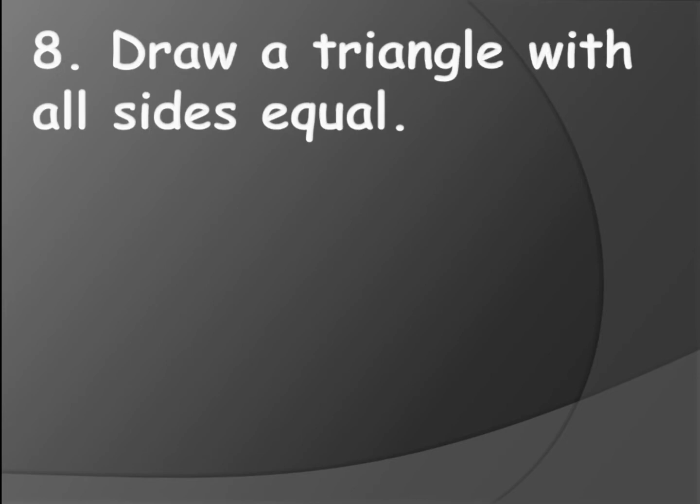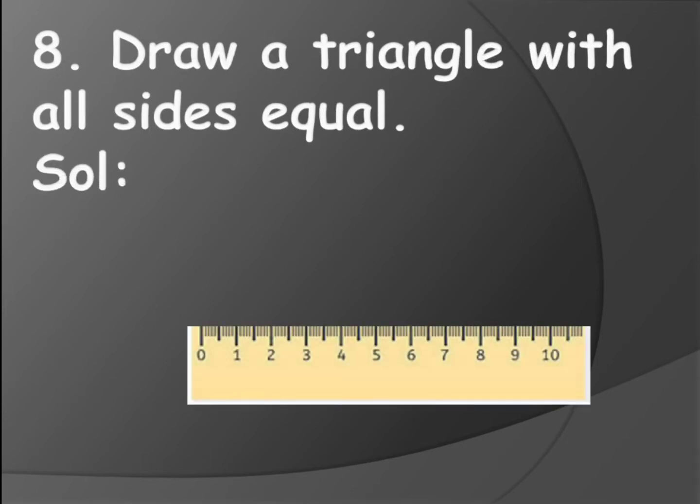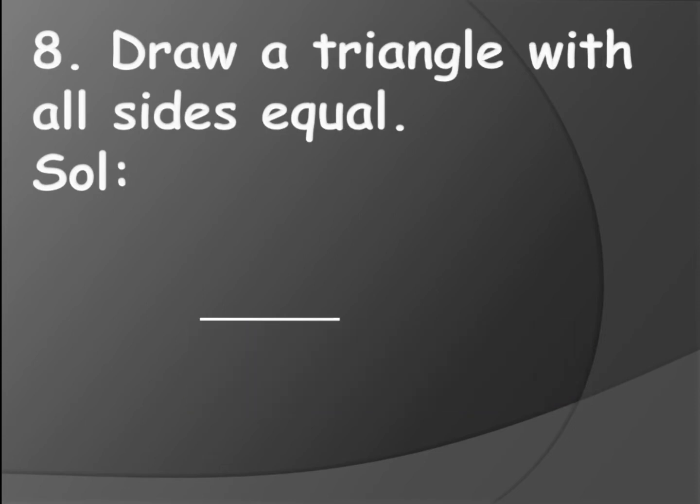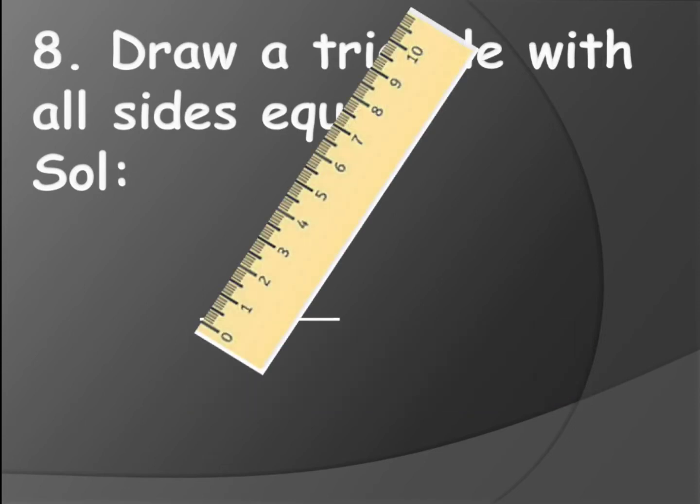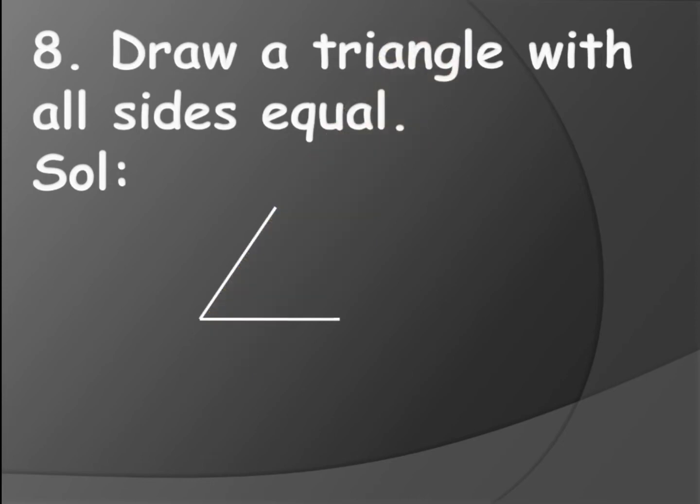For that, first you will take a ruler and place it like this, and here I am drawing a triangle with equal sides. I am taking 4 centimeters on all three sides. I'll draw a line which is 4 centimeters, that is from 0 to 4. Then I'll remove the scale. Now I'll place it on the other side from 0, so that the start point of the previous line coincides with the 0, and I'll draw the line till 4. Now I have drawn two sides which are 4 centimeters, isn't it, children?